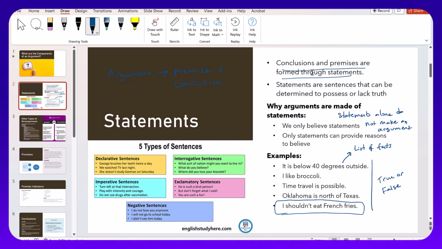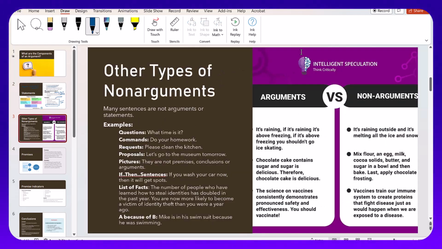This is less important. This is interesting to know in terms of the different types, but it's more about whether or not there is something that could lead to a premise and conclusion, or is just simply a statement that, whether true or false, doesn't go beyond that. Now, there are also other types of non-arguments that are not statements. So not every sentence or passage is a statement or argument, right? And it's important to make sure that you